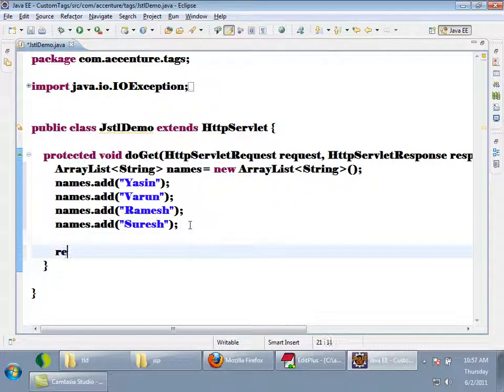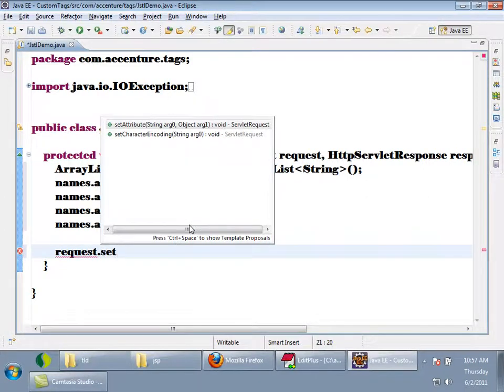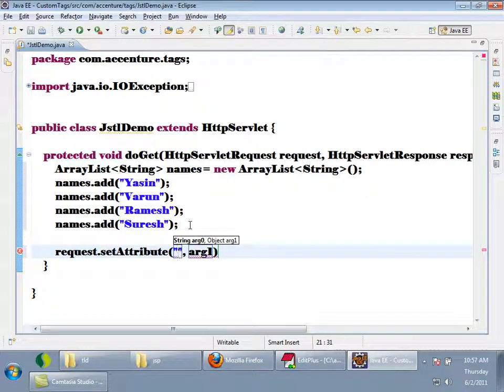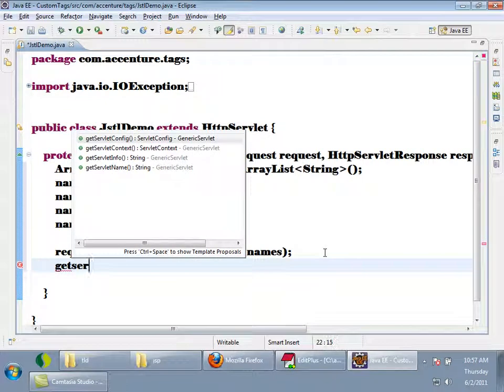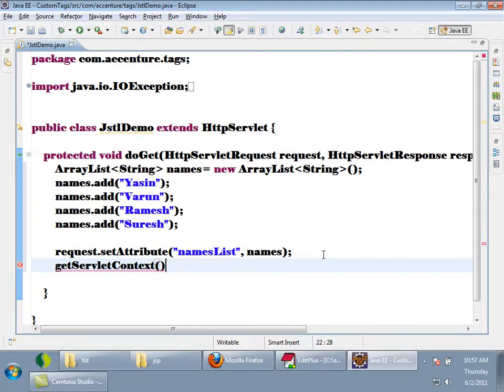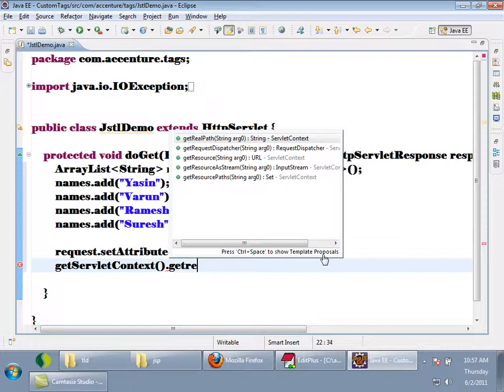I'll set it as an attribute in the request. request.setAttribute, nameslist, names. I'm giving a different name. Okay, this is the name of the attribute. Then I'll forward to the JSP. getServletContext().getRequestDispatcher.